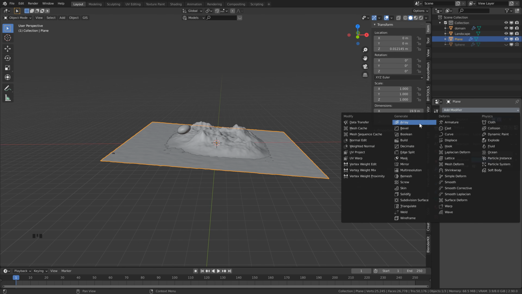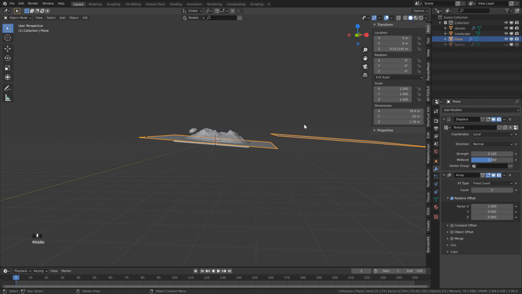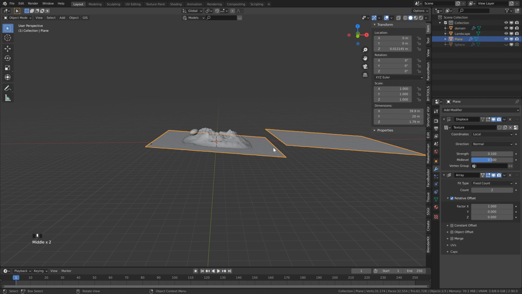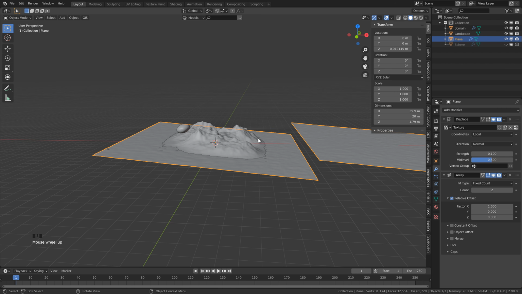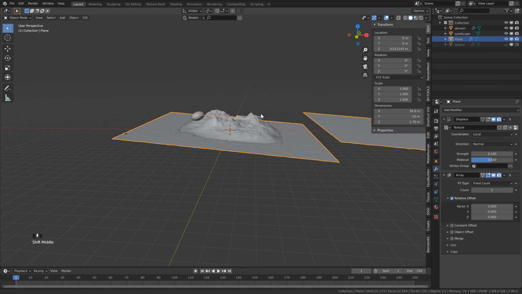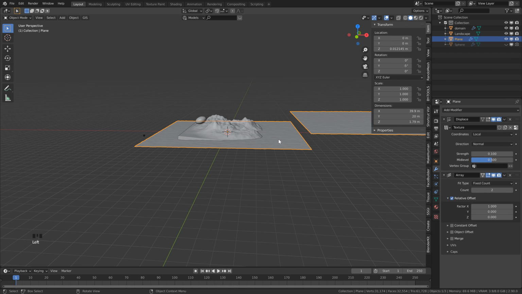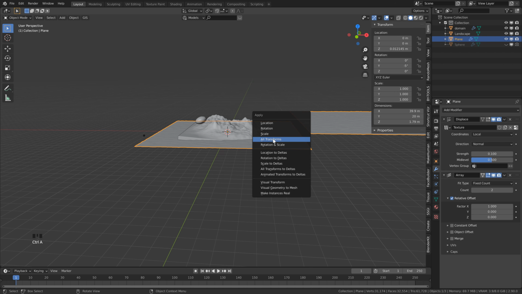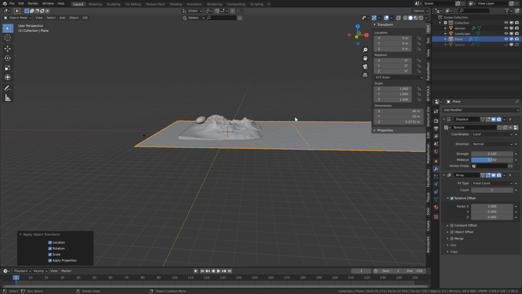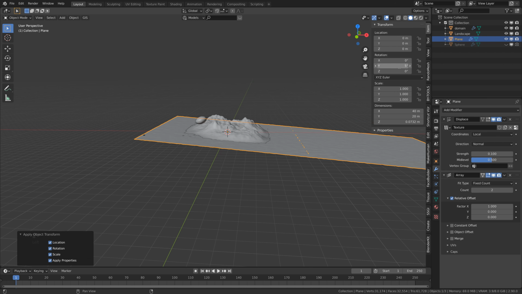Let's click and we're going to select array, but you'll see right away that this is not really doing what it should be doing. And the reason why is because when we reset our transforms, you'll see that all of our rotation values went to 0. So instead of calculating a 5-degree angle, it's just basically copying this straight across. So if we just select our Y rotation value, we can type in -5. And now if we click here and hold Control and hit A, select all transforms, you'll see that this pops into place. Now when we click Y and rotate it back 5 degrees, you'll see that it sticks to it